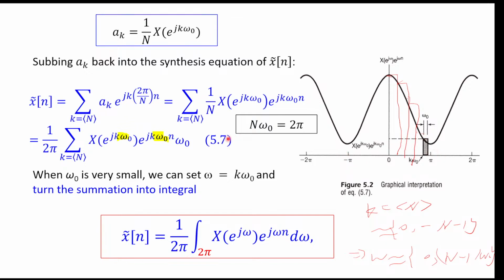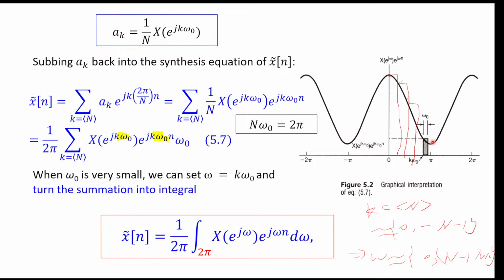So summing over k with the interval of big N is the same as summing over N omega naught from an interval of 2 pi. And so you are just summing over these rectangles,